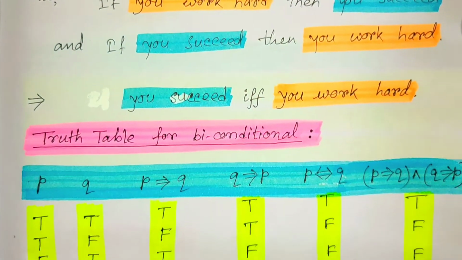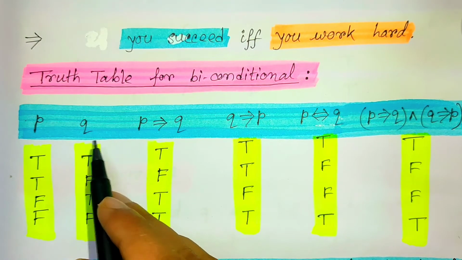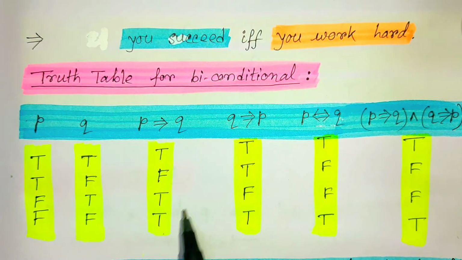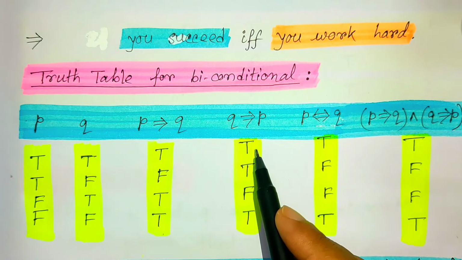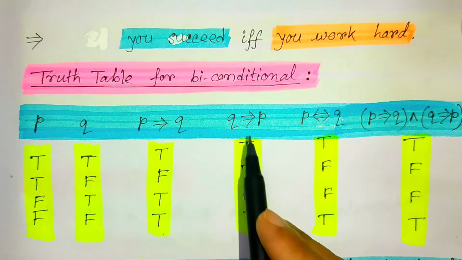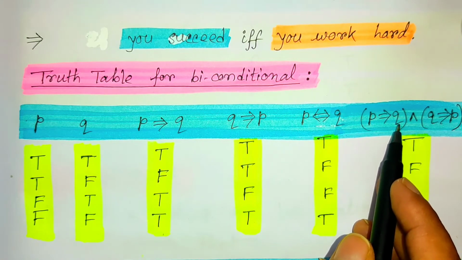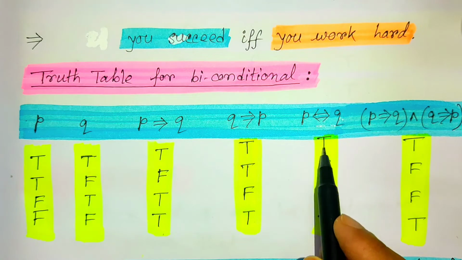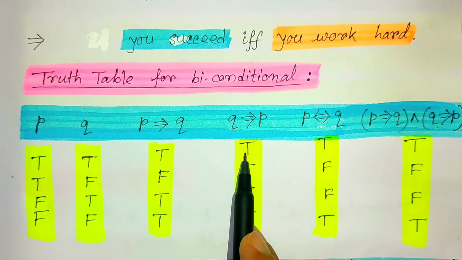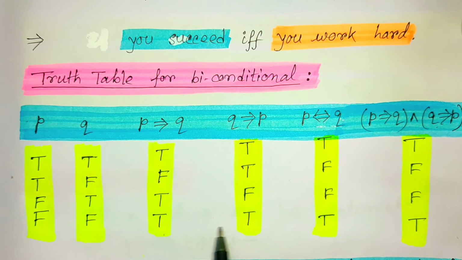So in terms of the truth table, let us find out what the biconditional is. First of all, P and Q are the two propositions, and P implies Q, that we know, is true, false, true, true. And if it is Q implies P, then its truth values are true, true, false, true. Now, as it is the biconditional, both should be there. So we connect both of these two by the AND operator. True and true is true. False and true means false, true and false means false, and true and true means true.